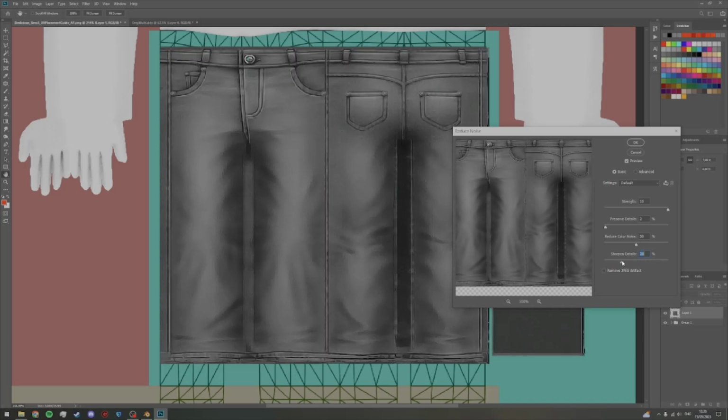Okay, so you see, if you go into this reduce noise filter, you can really play around with it until you get it to look semi-decent. I don't know why, but when you export the DDS files from the original TS4 file, it usually ends up with a lot of pixelation, and the multipliers can sometimes just be a lot of work to get to look